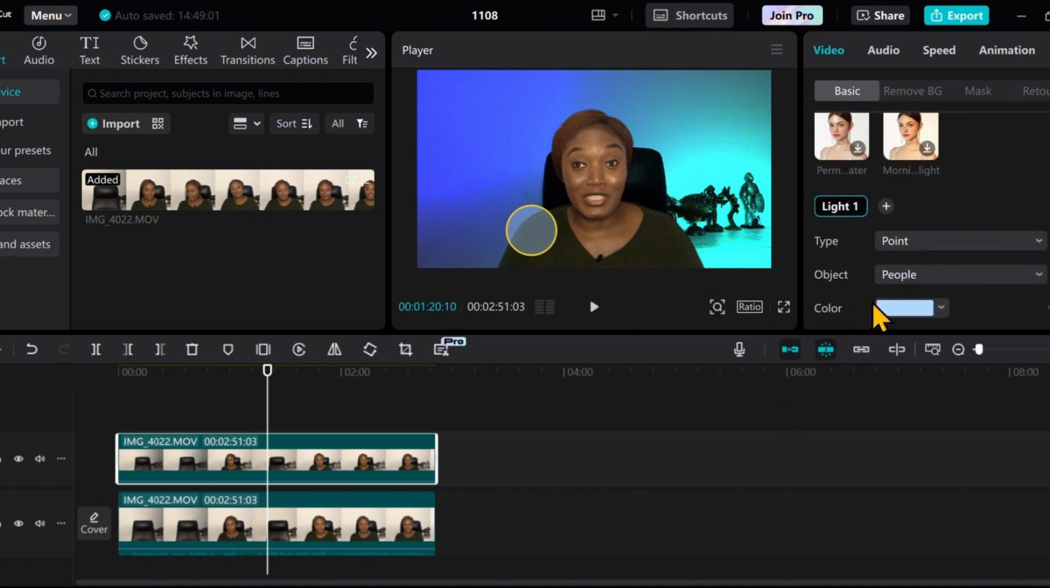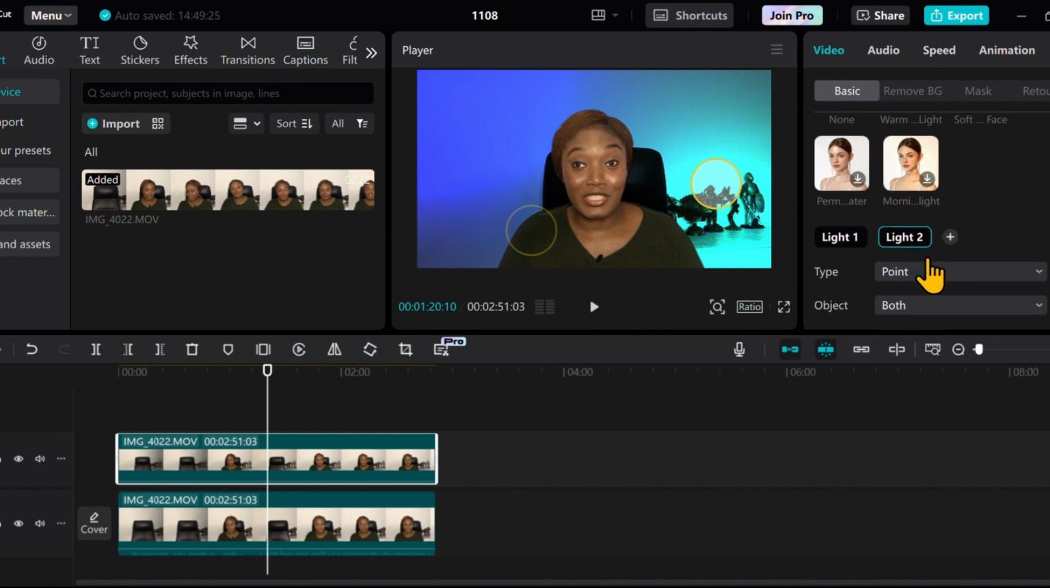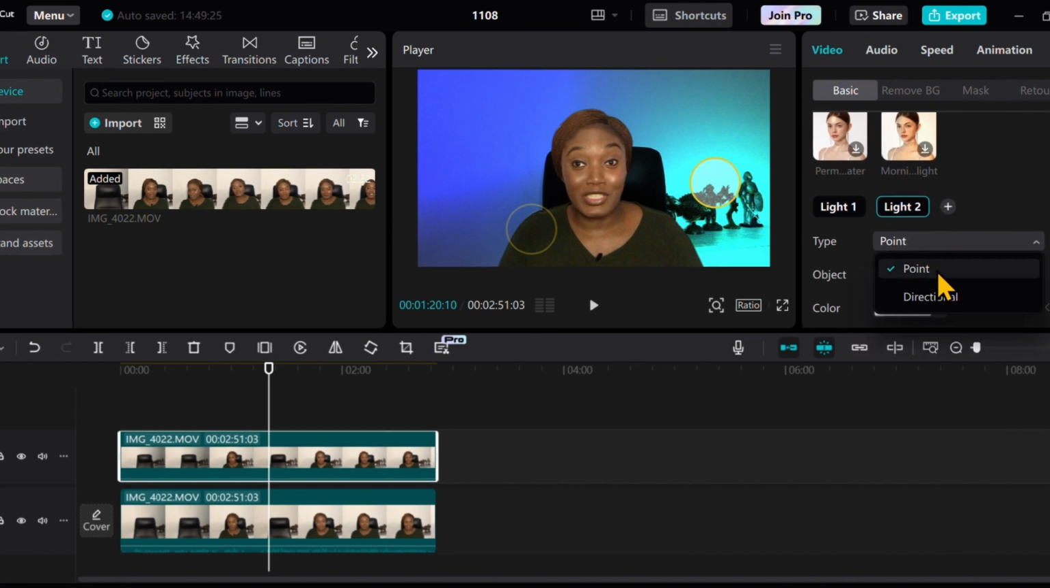The next step is to click on the plus button to add a side light. Now position it on the left or on the right side. Now go to type and here select directional, and for object select people. Then once that is done,